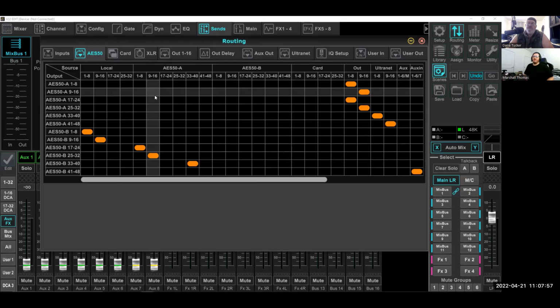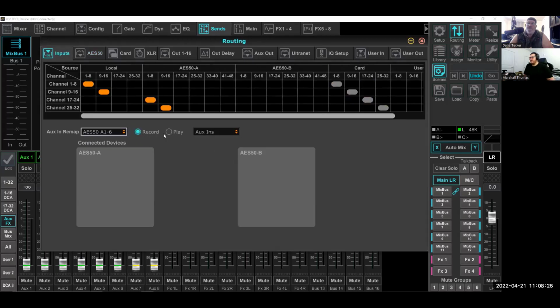So yes, you could do a 38 channel virtual playback, as it's called. What I mean by that, for people that don't know that term, you would set up the AES-B to send all 32 channels plus the 6 auxes out over AES-B to your DN9630, which is going to record it. Then when you want to play it back, let me show this on my routing page here, because most people